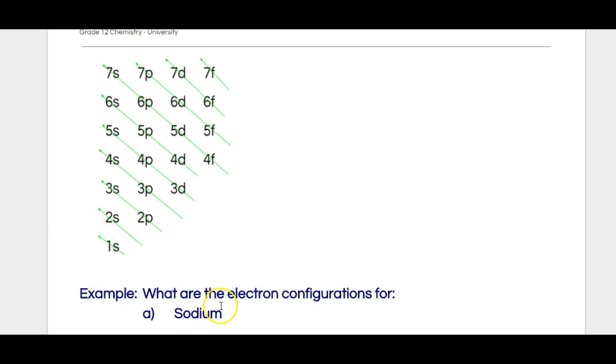if I were to ask you for the electron configuration for sodium, I would look on my periodic table and identify how many electrons it has. So take a minute to do that. And so I know that sodium has 11 electrons. And so I need to house those electrons in the appropriate